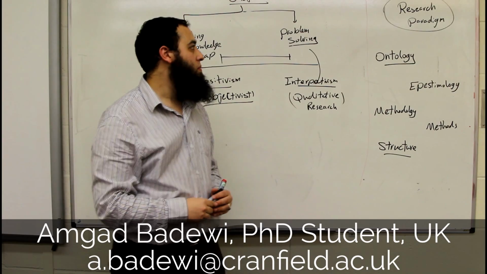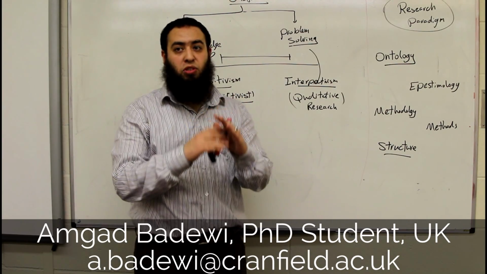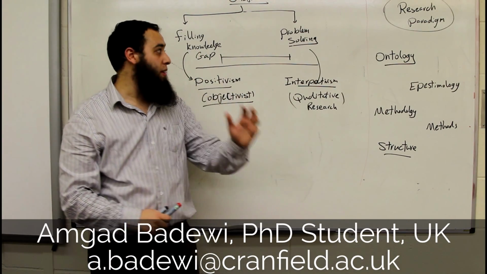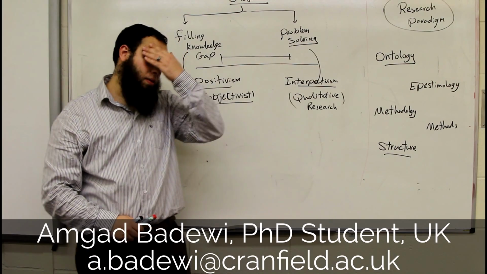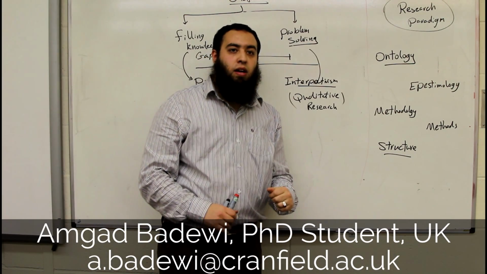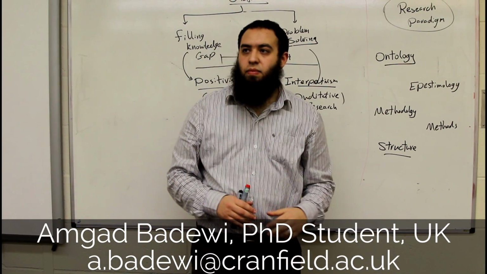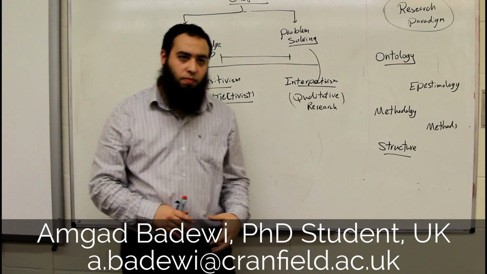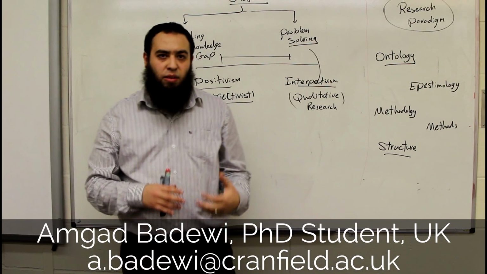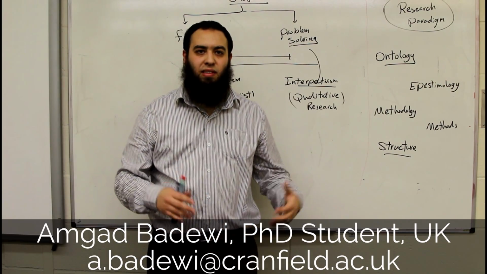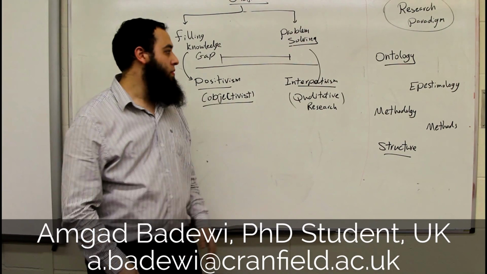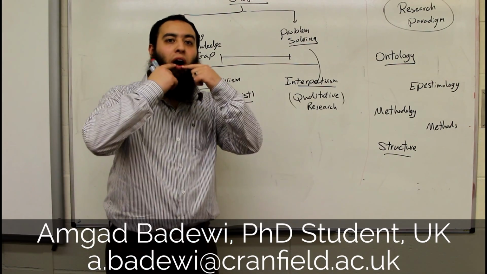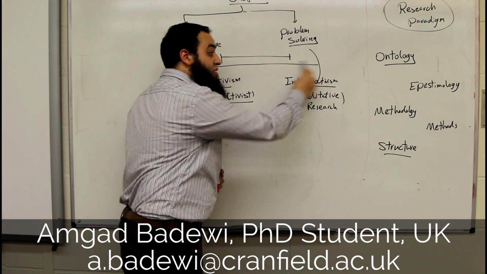How come? First, you have an objective. My objective, for example, to solve a problem. We have a company X. This company has a problem in its information system. People cannot adopt the new information system easily. We don't know why. So we need to answer why. This is problem solving, this is objectivism.